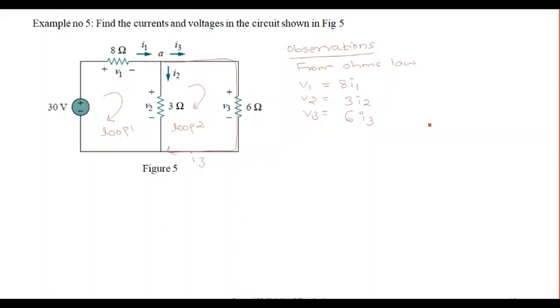Next, how to solve? All three are unknowns, voltages as well as currents. But we have a node A available where three currents are flowing. If you apply KCL at node A, one current is entering, that is I1, and two currents are leaving, that is I2 and I3. So if you rewrite this, you can write I1 minus I2 minus I3 equal to 0, right?